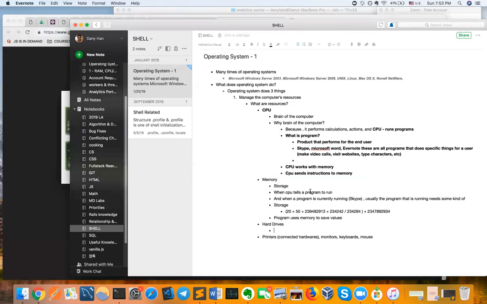This is really good because, for me, I focus a lot on the foundation of things. So before we move on to the operating system, which basically does all these things, you understand the CPU really well, you understand what memory does, what the hard drive does, what the printer does, and how all of these are connected to each other. Then you go, oh, the operating system controls it. Then it'll click for you.